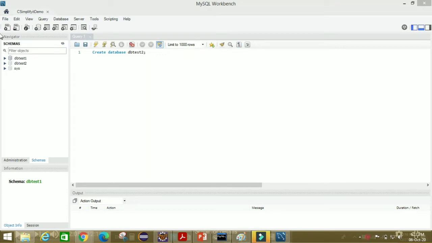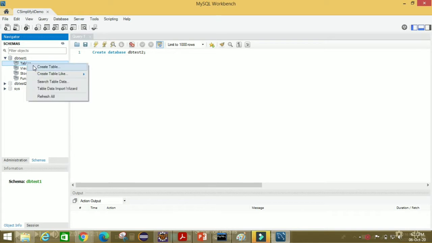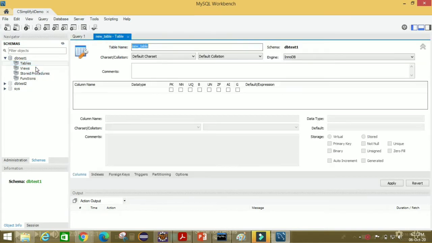Okay guys, now we will create a table in the database named tb test1. So we will click on this link, right click on table and click on create table. In the table name we will write employee underscore table,